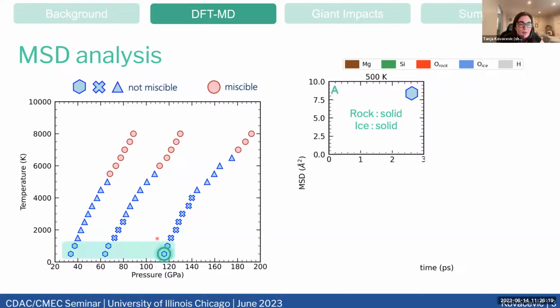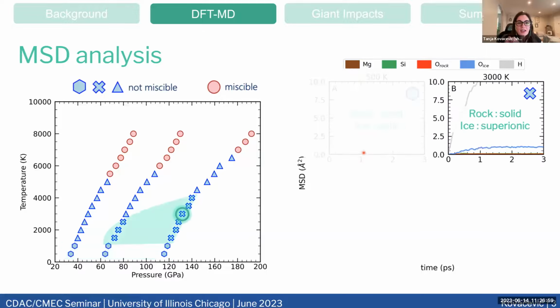So initially, let me take a step back. On the isochore plot, I'm highlighting all the same shapes with green. If I say rock is solid and ice is solid, all of these highlighted points are going to have rock being solid and ice being solid. And this highlighted circled point is the actual MSD that we're looking at here, and we're going to have the temperature at the top. So again, all of the hexagons, the green highlighted points, are going to have rock solid, ice solid. We can't see the lines, but trust me, they're there. I just want to keep the axes the same.